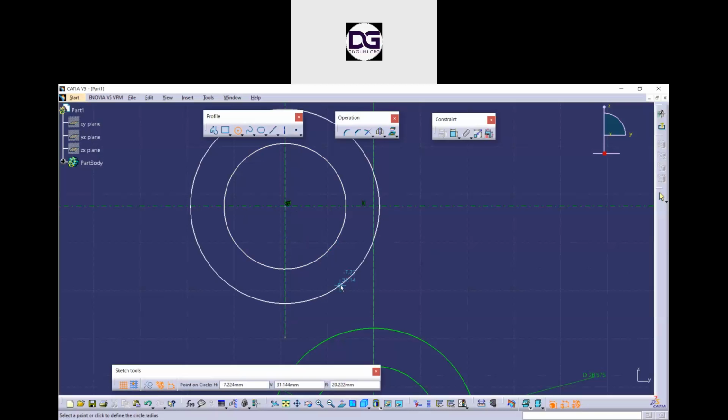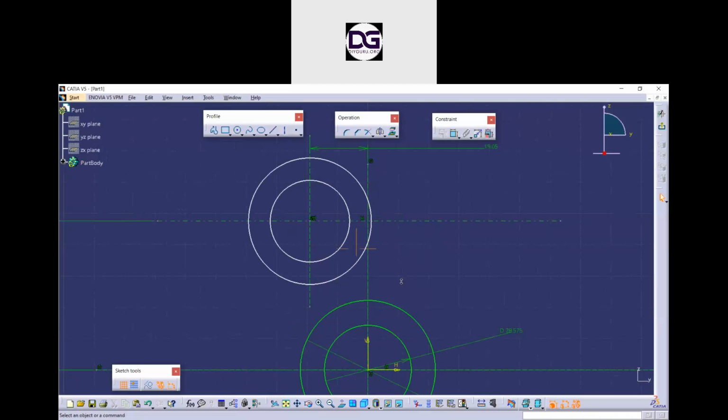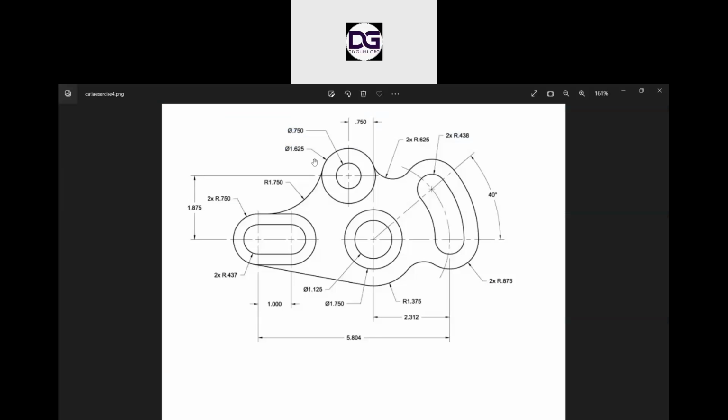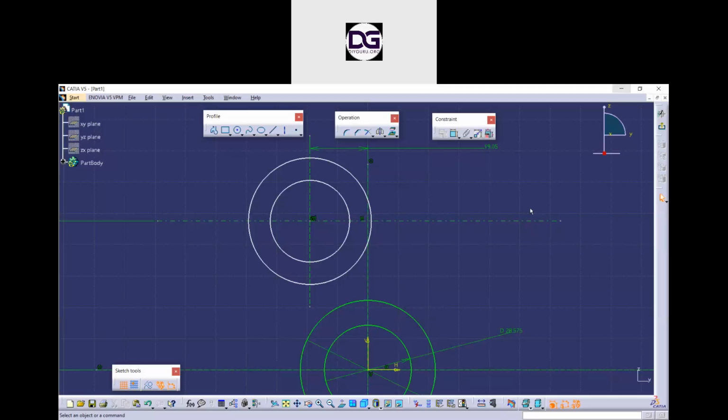So just make two circles over here. The dimensions for this circle are 1.625 and 0.75 inches. By converting them to millimeters, that comes to 19.05 and 23.775. So let's constrain them. The inner circle is of the diameter of